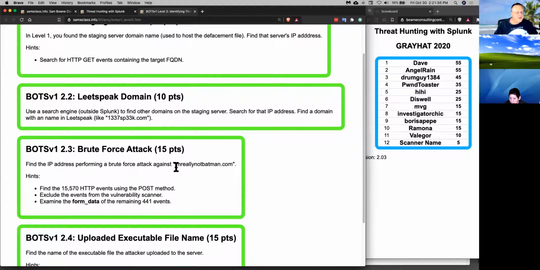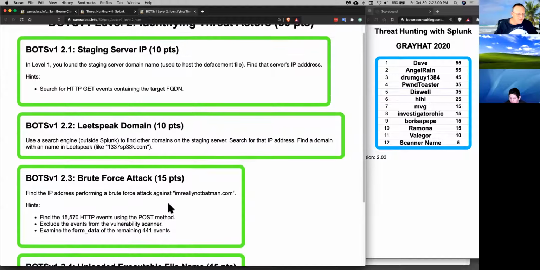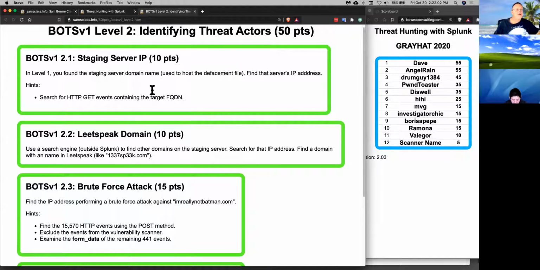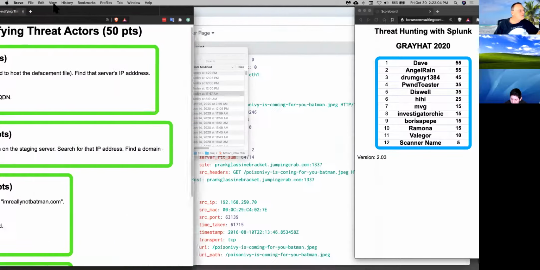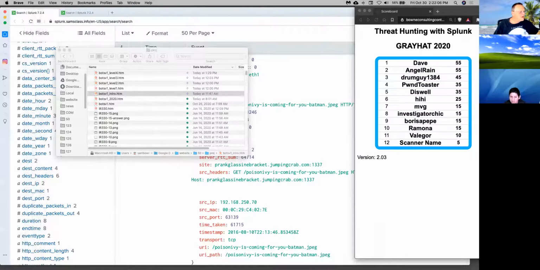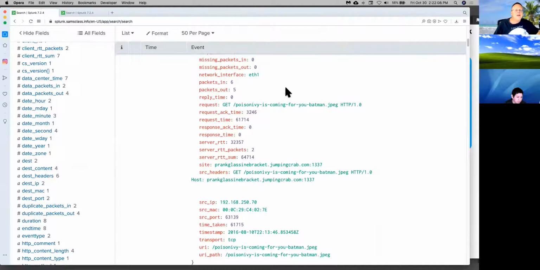So the other thing I wanted to demonstrate a bit of is this brute force attack. So somebody is performing a brute force login attack against I'm Really Not Batman. And I have some hints here of how to do it. So I'm going to move this to my other window so I can keep it visible and do some of it here. So if I go back to the search,